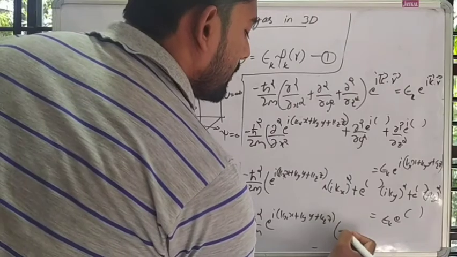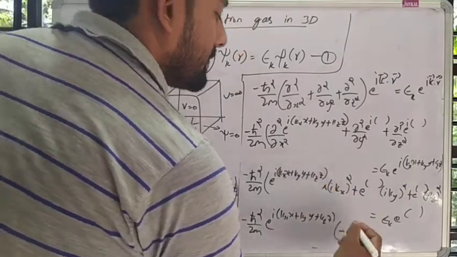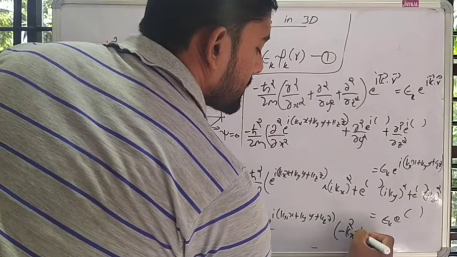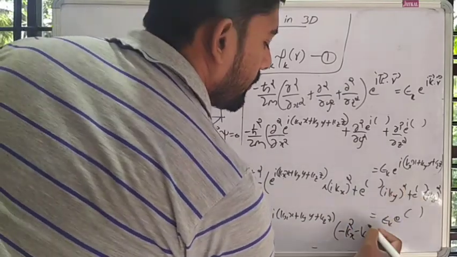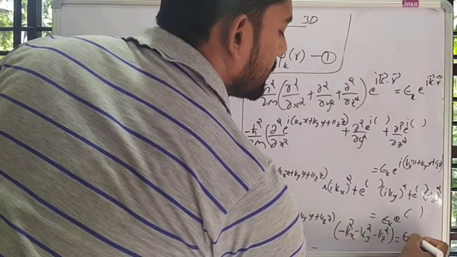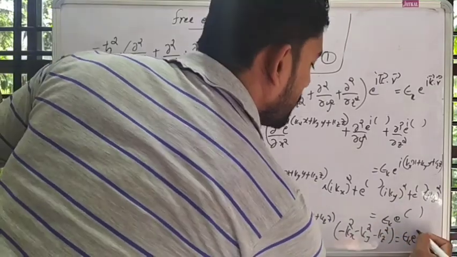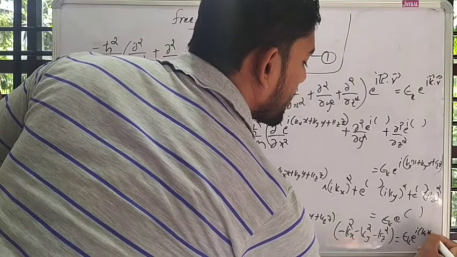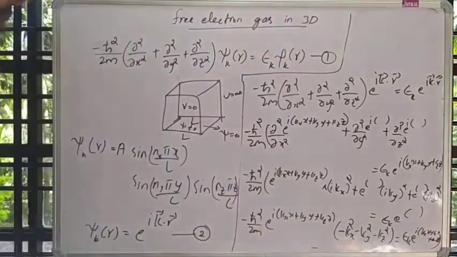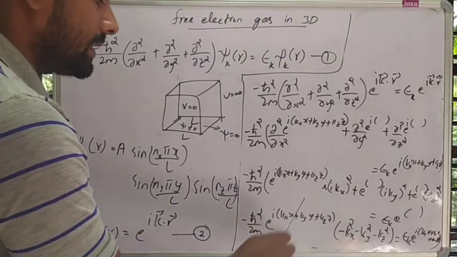That means minus i square is minus 1, minus kx square minus ky square minus kz square is equal to E_k into e raised to i (kx x plus ky y plus kz z). Okay, so this both will get cancelled,